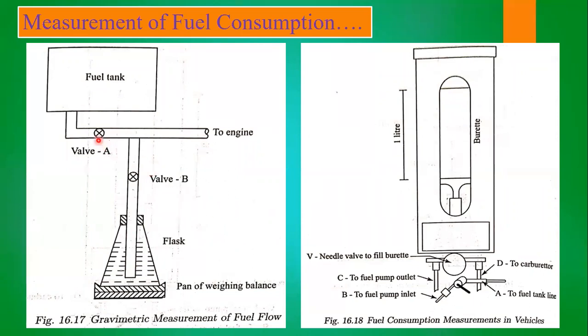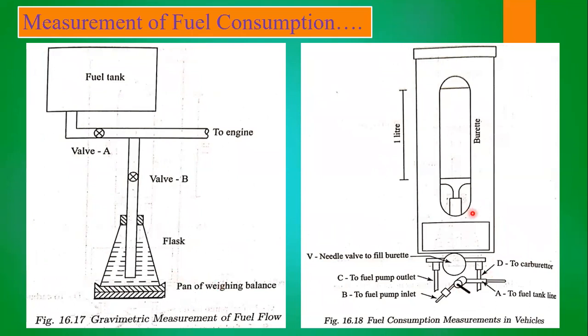Okay, first of all we need to close this valve, and after that we need to supply the fuel to the engine. Whatever fuel is within the flask, we send to the engine, and we start the timer whenever the fuel consumption starts, and we stop the timer whenever the whole fuel is completed, so that we can find the fuel consumption in kg per second. We can then use that to find indicated power and thermal efficiency and all those.